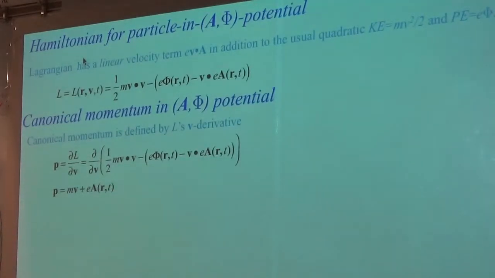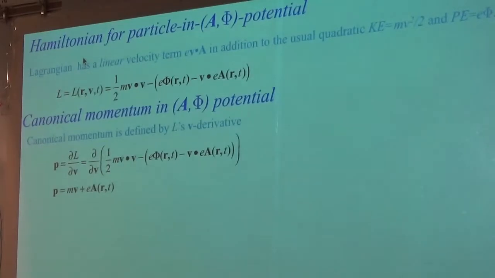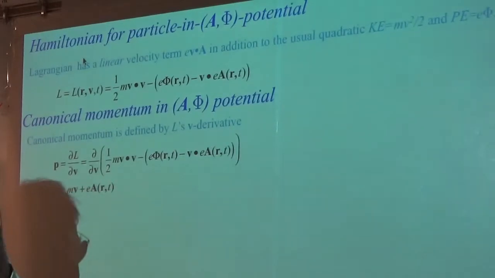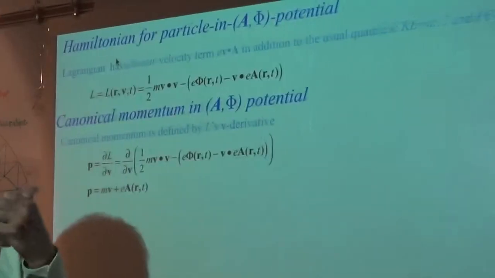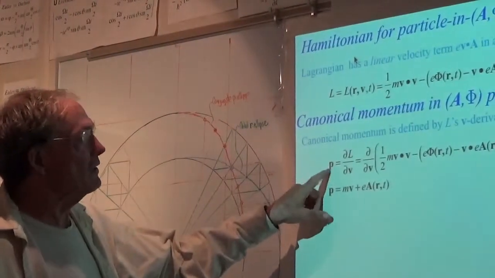And you can see, not getting anything from that, but I am getting this and that. There's the usual mv, and here's this. It's really remarkable. I mean, this is telling you all sorts of things. It's telling you that this vector potential is going to go in there and it just simply adds to your ordinary momentum,